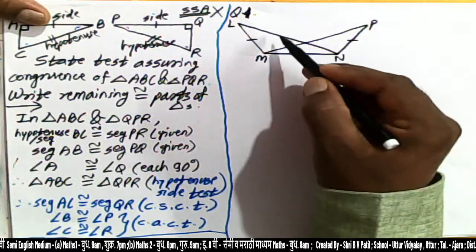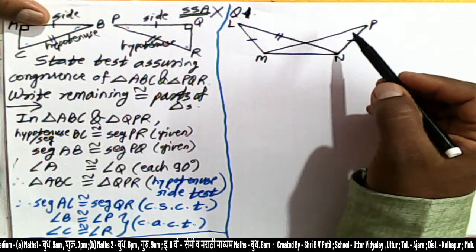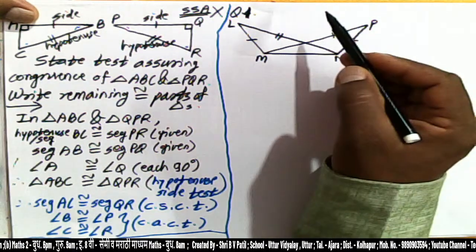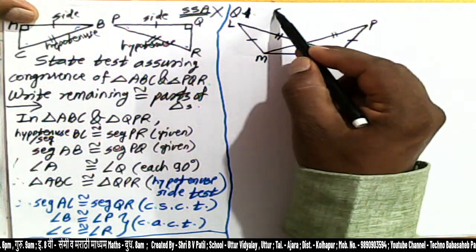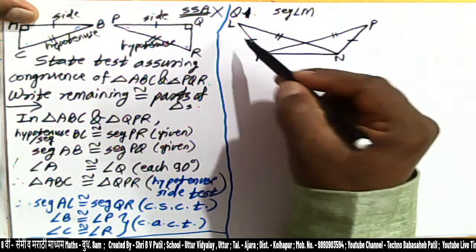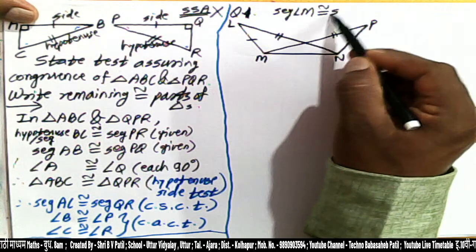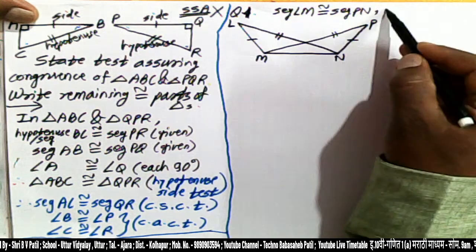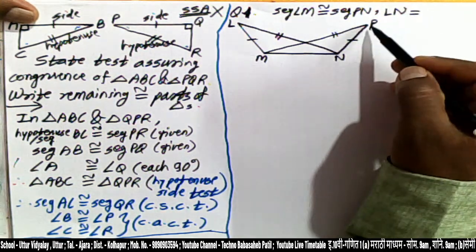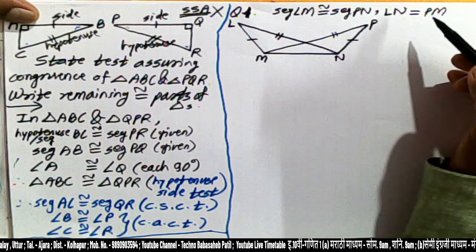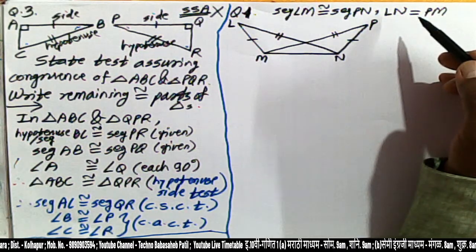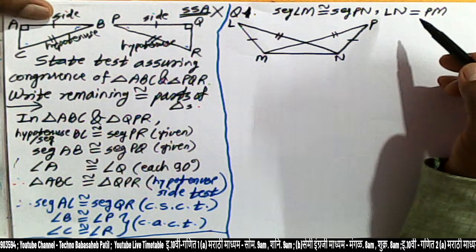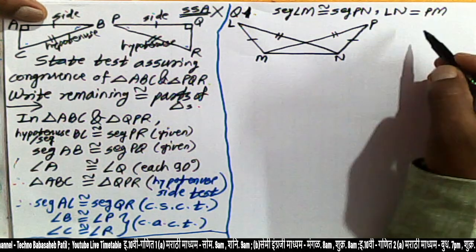Segment LN congruent segment PM. Here, segment LM congruent segment PN. Then LN is congruent PM. Then the question is: write the test